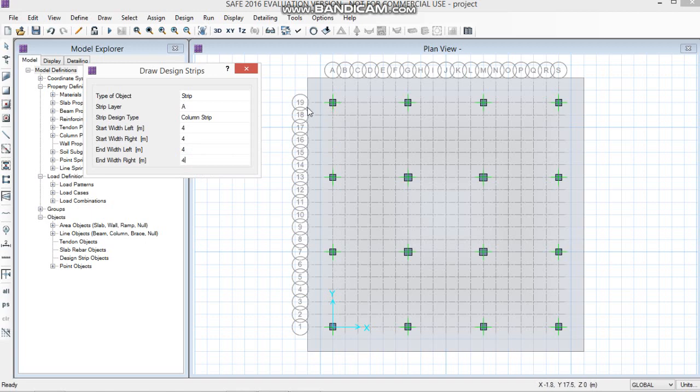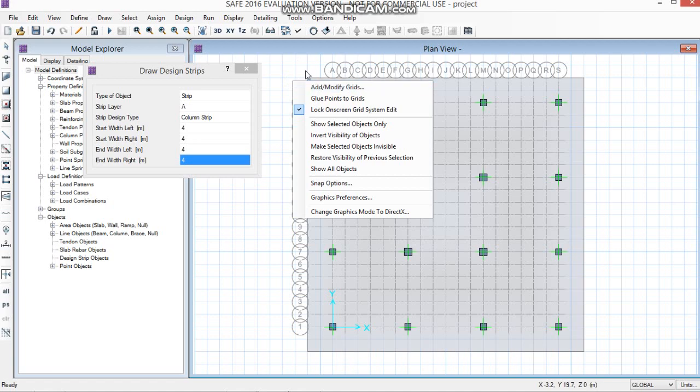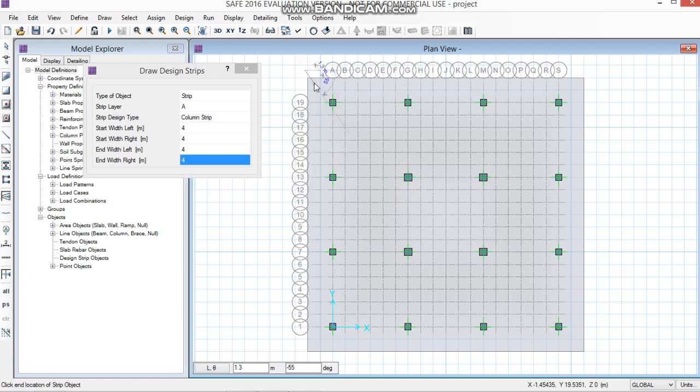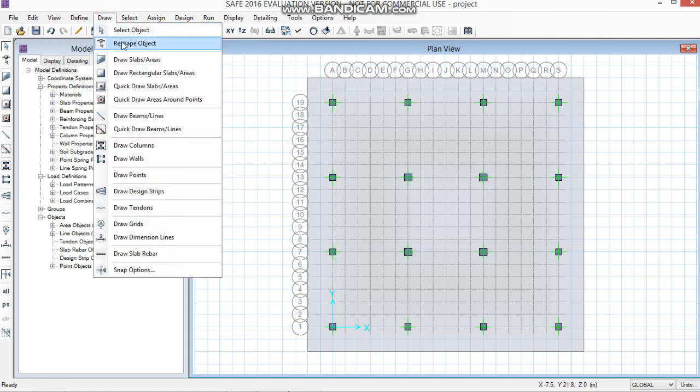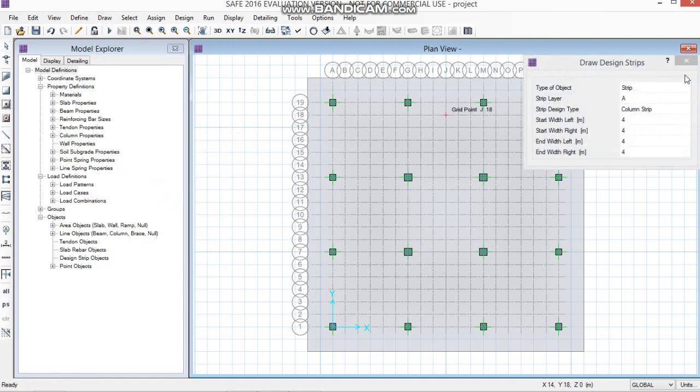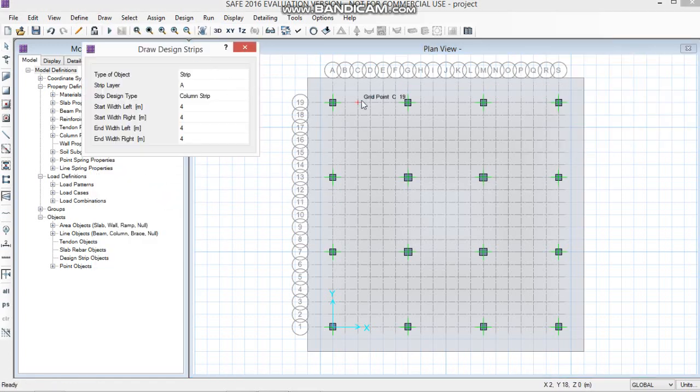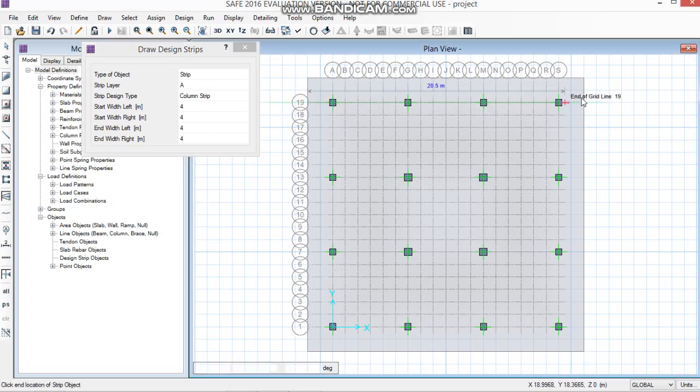Okay, so now we'll draw the design strips. From the center line of all the columns, we have to draw design strips, and just after drawing strips, right click on the screen, then select the next one.